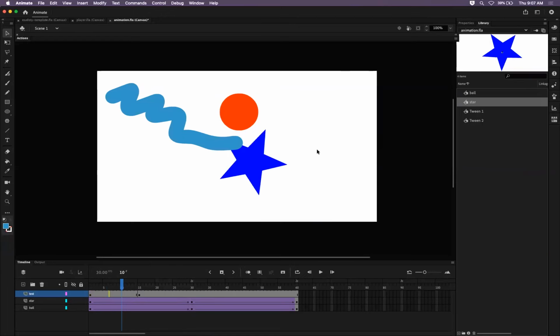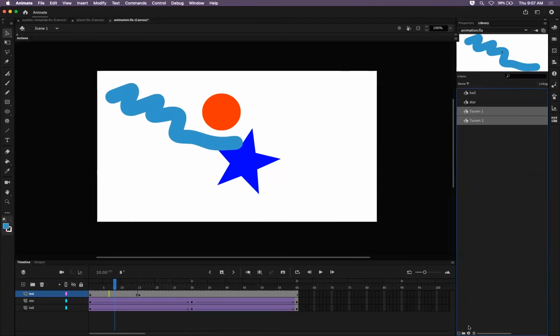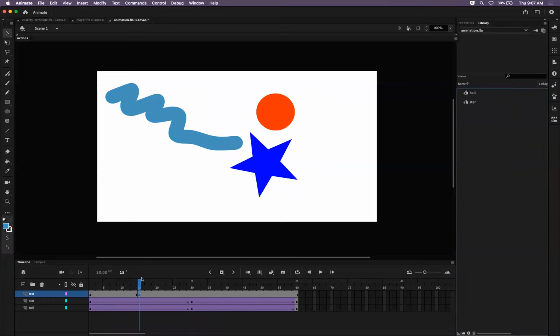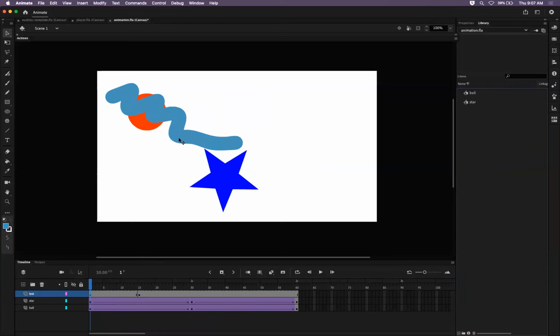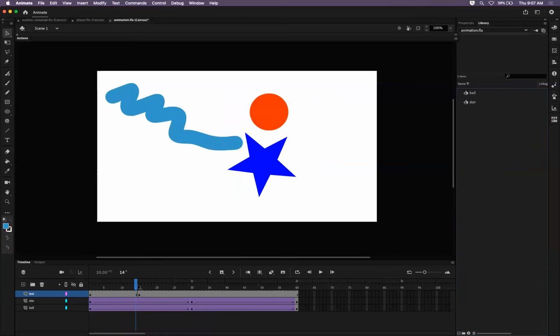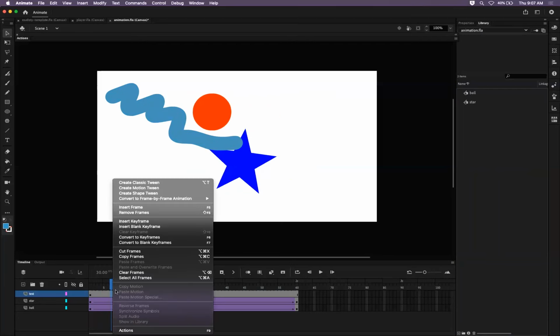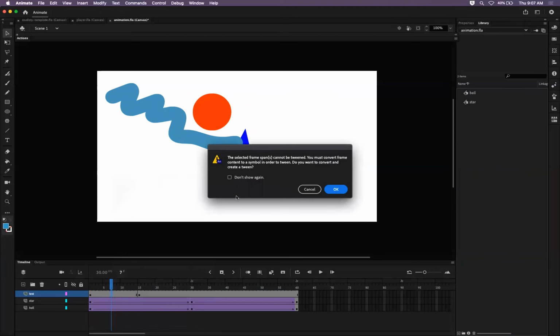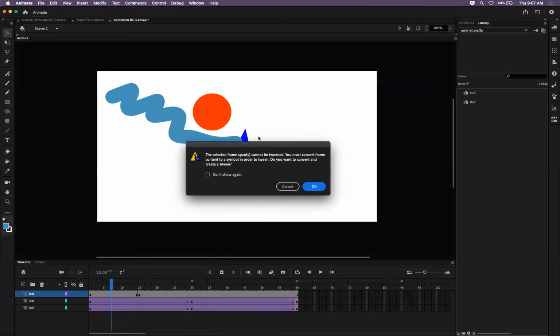I'm going to undo and get rid of these tweens. All right, so once again, I just created a shape without making a symbol out of it first. Created a couple keyframes, and now I'm trying to animate it. And it's giving me this dialog box saying, hey, this needs to be a symbol. Do you want to convert and create a tween? Whenever you get this, you always want to hit cancel and then go back and make your thing a symbol, because watch what happens. If you just hit OK and let it do what it's going to do,